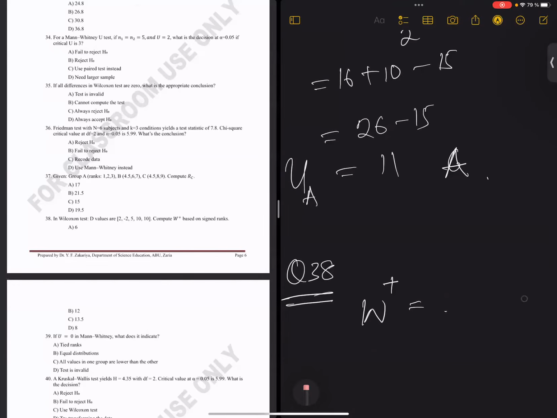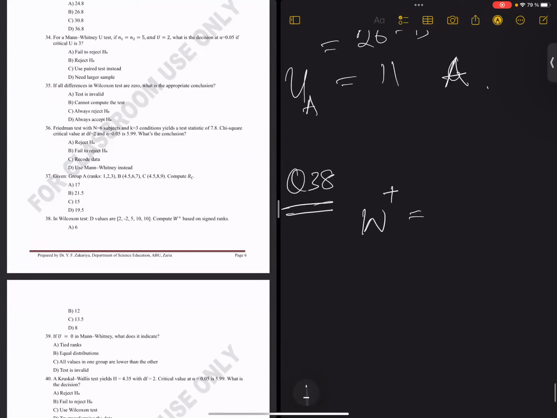Oh, wait a minute. These are the differences, not the ranks. Take note. These are the differences, not the rank. You need to rank them first. You need to rank them. This is a very important question. You need to rank them. Look, you have 2 difference, okay? Minus 2. Then,